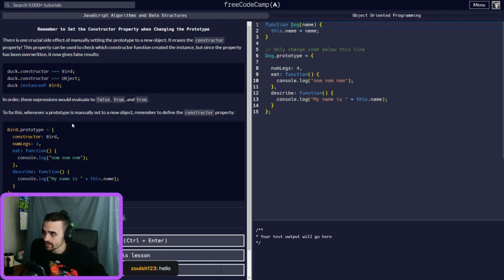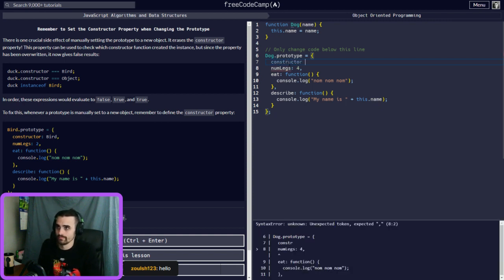But to fix this, whenever a prototype is manually set to a new object, remember to define the constructor property. So we want to make sure that, whenever it is called, the constructor is set to dog. There you go.